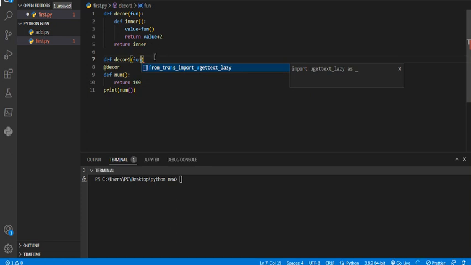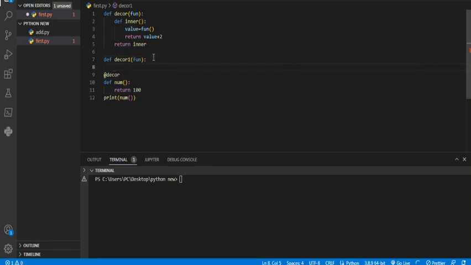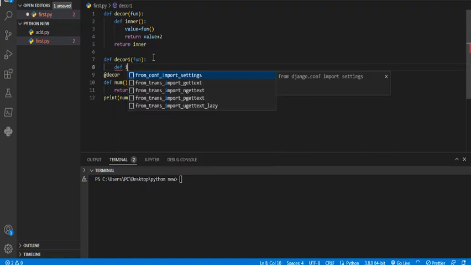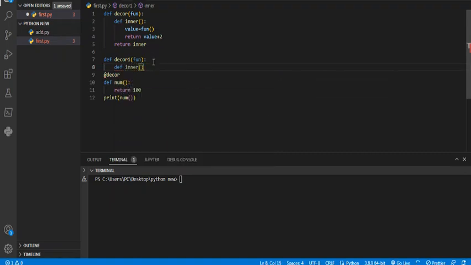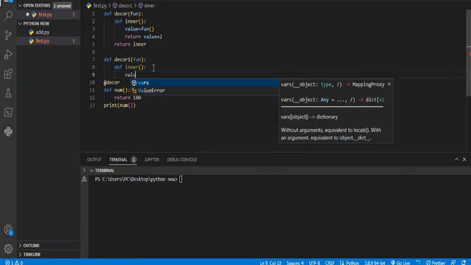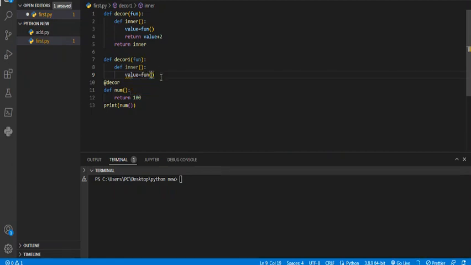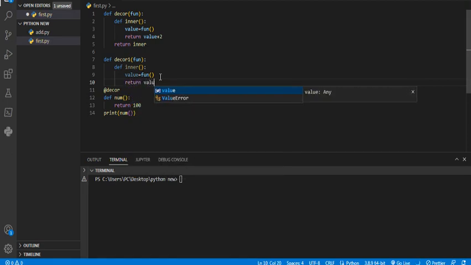Whatever parameter name you want, you can give here, and you have to define the inner function also. Define the inner function. Okay, and value is equal to fun, and return value